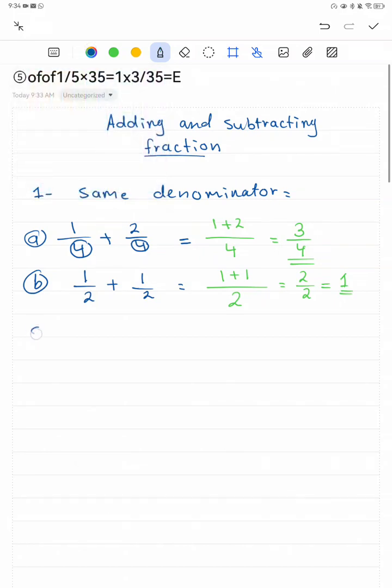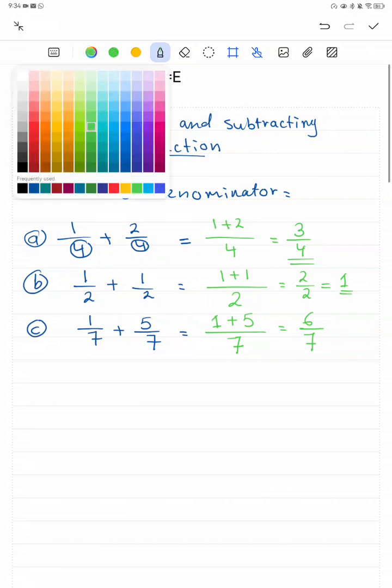Number C, 1 over 7 plus 5 over 7. Since denominators are the same, we put the 7 at the bottom, and then we add up the numerators. 1 plus 5 is equal to 6 over 7. Clear? Excellent. Now we move on to the next,